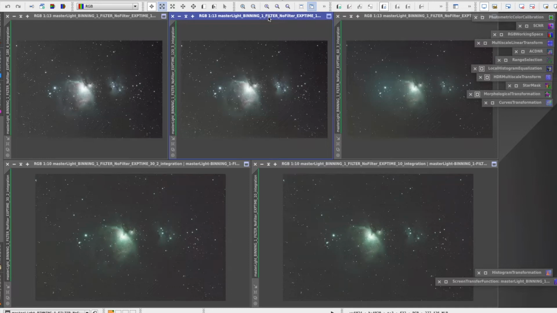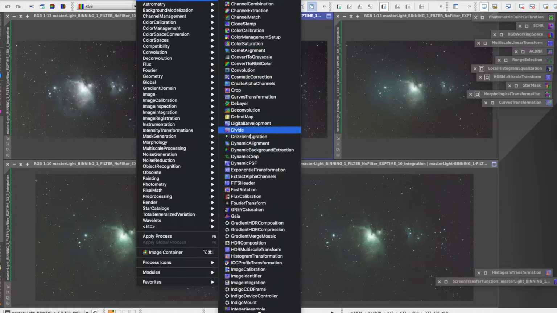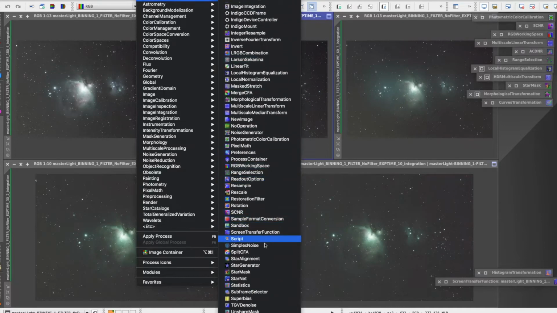However, before we can do that, we need to align each image against each other because of probably subtle differences, and if we were to place all 5 images on top of each other, I'm sure they wouldn't align directly. So to help us do this, we use a process called